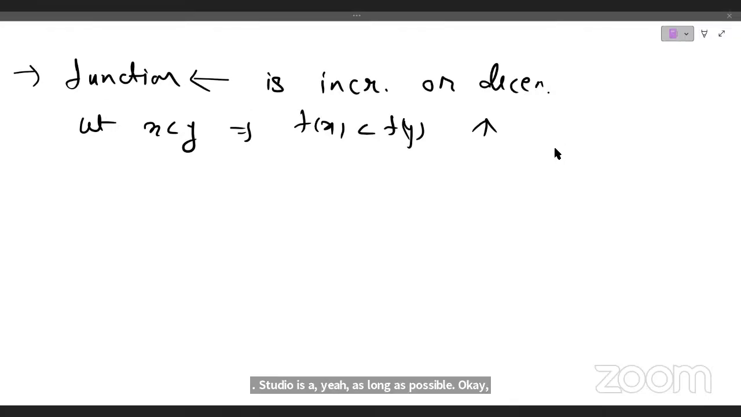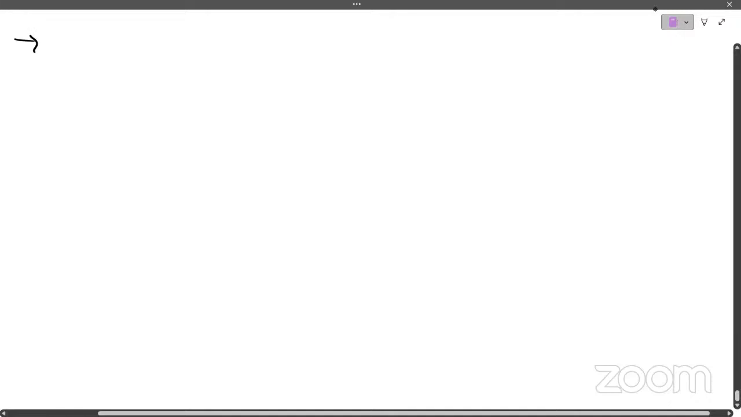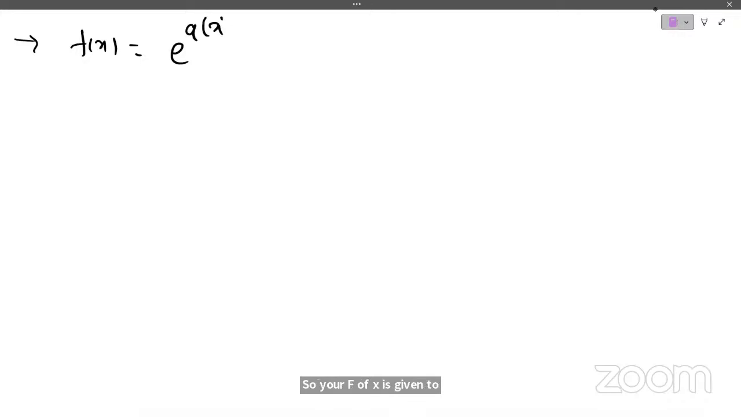Okay, so we have another question. What is the set of f of x positive for all x? That's a nice question. Okay, let's try. So your f of x is given as e to the power of x square minus 7x plus 6. Right? Okay. So then we have to find out